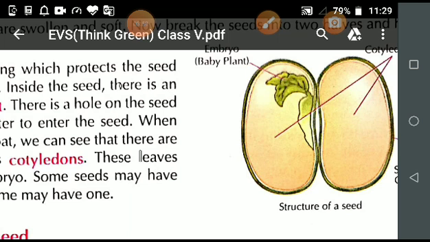It means that if you take a seed from your mother, go into the kitchen, and ask your mother to give one seed of rice, or you take one rice in your hand, it is not easy, and they are not divided into equal parts. Is it clear? And what are dicotyledon seeds? The seeds of beans, peas, gram, pulses, they are dicotyledon seeds.